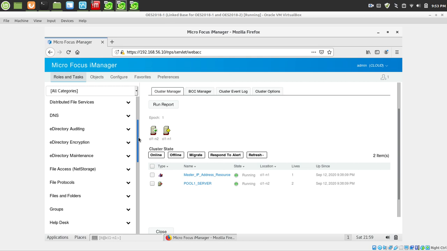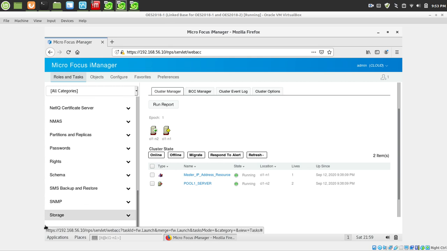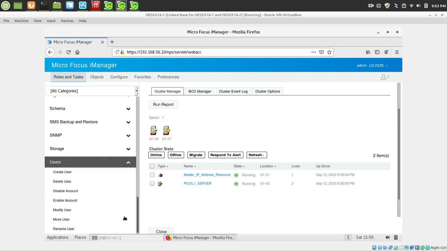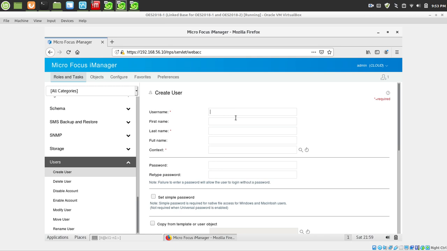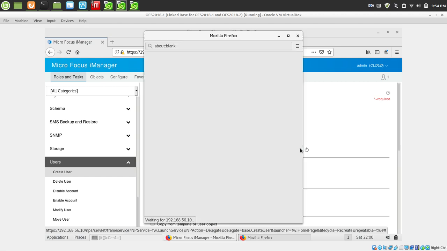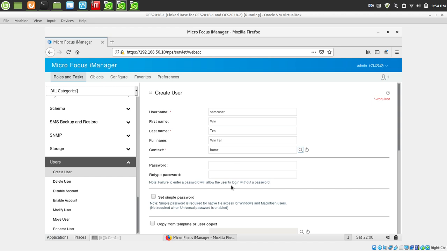So I have a Windows 10 user. So let's try that. Let's create a user here. Yeah, I'm just going to create another user in the home directory. I'm not going to get too complicated, but this will be my Win10. Well, let's do some user, and Windows 10 is my user. And context, again, you could just do a search, which I will do here, but you could just type that in. Alright, so I'm creating this user,